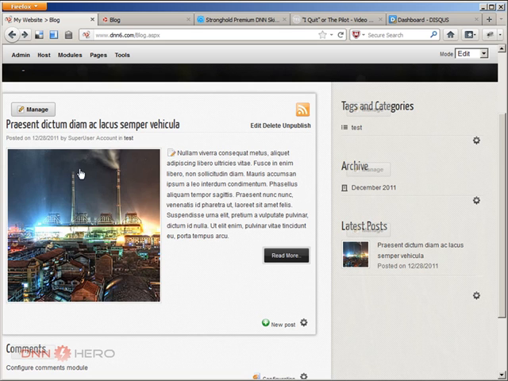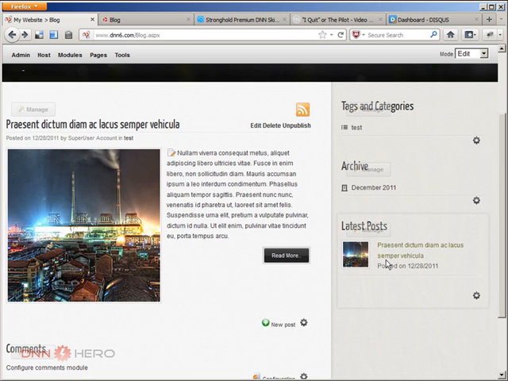Latest posts, you have the short summary here, and you have archive, tags and categories. Again, if you're looking for a simple blog module solution, you should definitely consider this one here. It comes already skinned. In my opinion, it looks great. And that's basically it. In the next posts, I'll cover some additional modules that will come already skinned with this